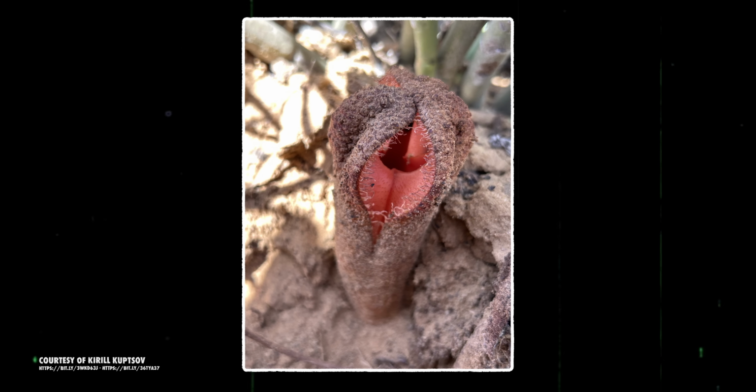To make sure the stink goes as far as possible, some Hydnora species are even able to heat themselves up slightly in a process called thermogenesis. Imagine an aromatherapy oil diffuser, but filled with rotting flesh instead of lavender. Once their insect pollinators catch a whiff, they find their way inside the flower, and this is where the imprisonment part comes in. The beetles will feed on the osmophores until they fall deeper into the plant onto its anthers